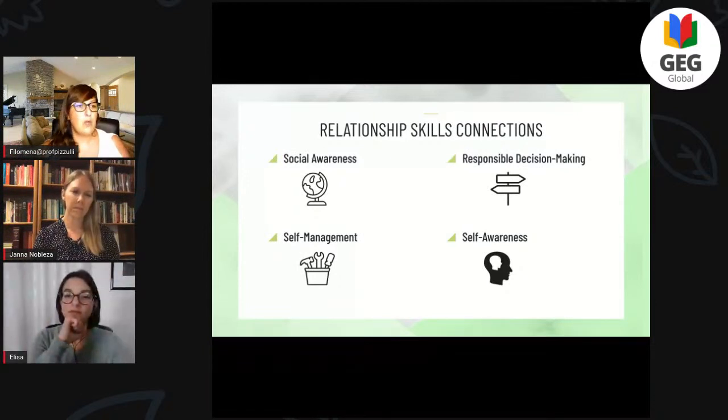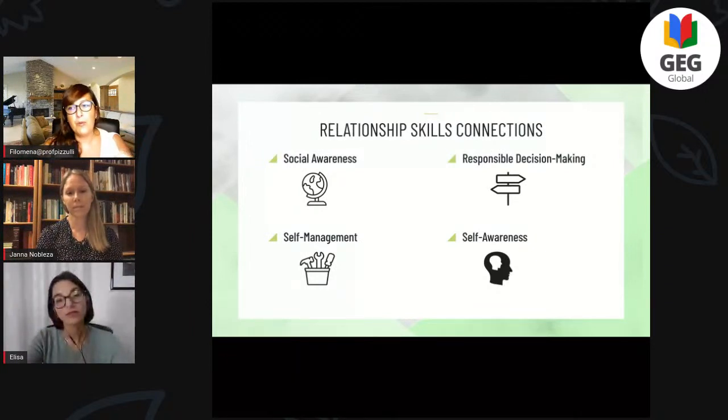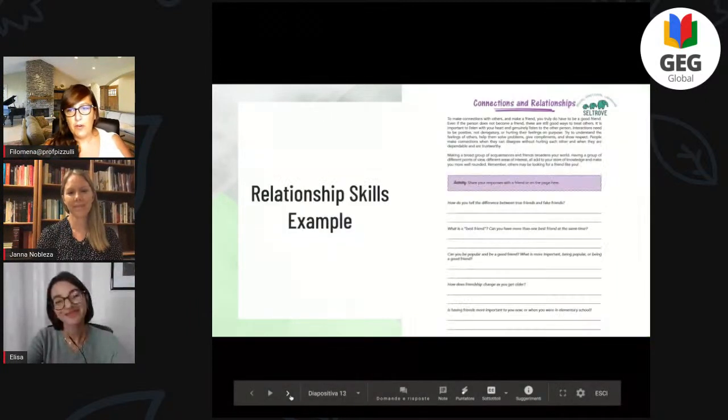And also when you are in a teamwork, for example, or when you are a teacher and you have to calm down your students, or do something in your class because they are arguing about something, you have to make responsible decisions. But you also have to teach students how they could do this alone. They have to raise their responsibility in the social environment.